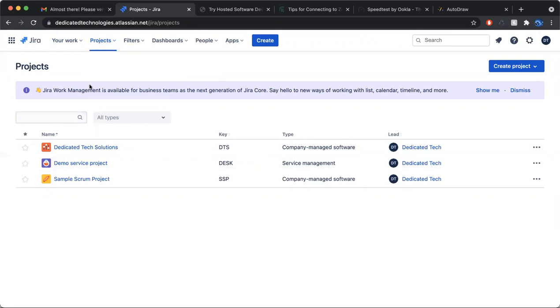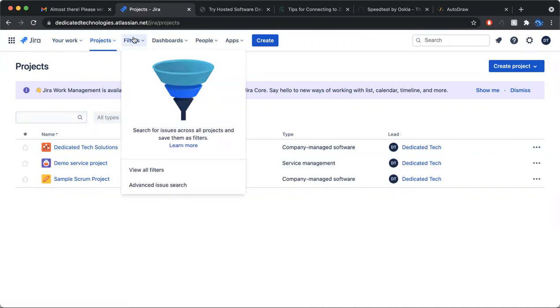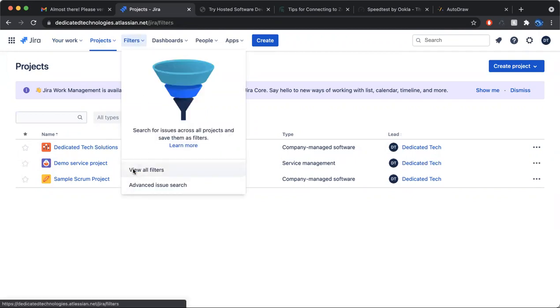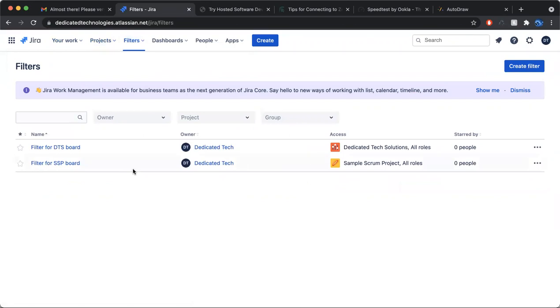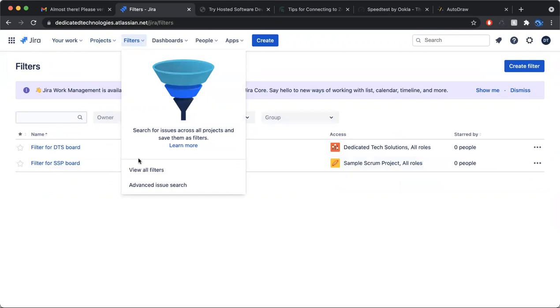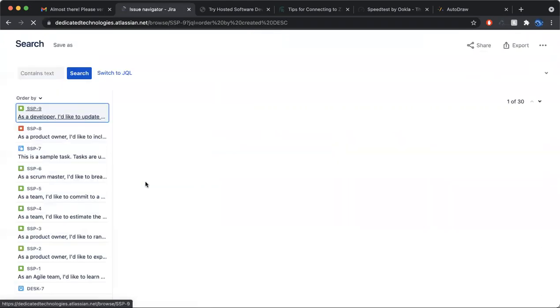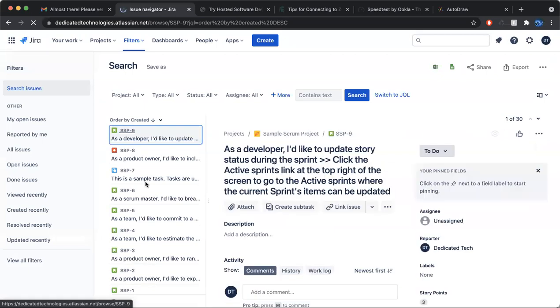Okay. Now, the next thing is filter, right? If you go onto the filter, which is a very good tool, which your manager uses all the time, and they will be using all the time. Filtering is basically, let's see, advanced issue search. Let me go into that. Okay. Filtering is pretty much you're searching for issues, and let's say I want to find